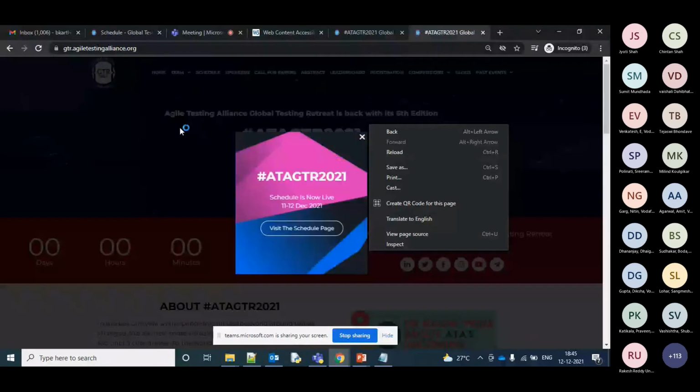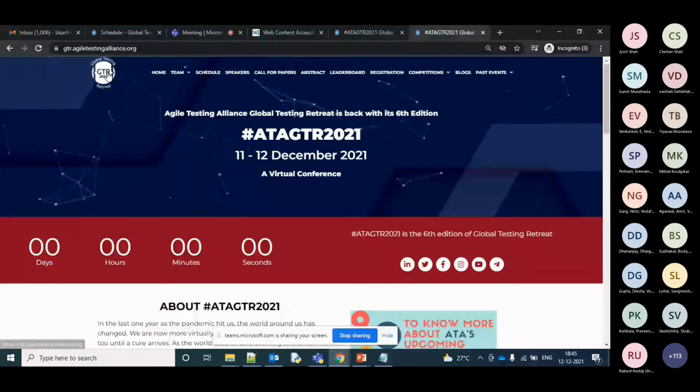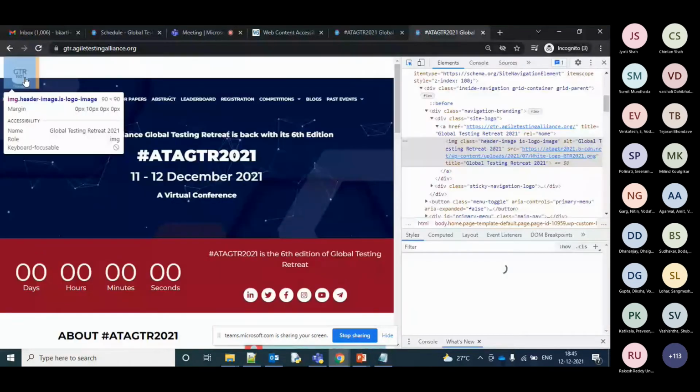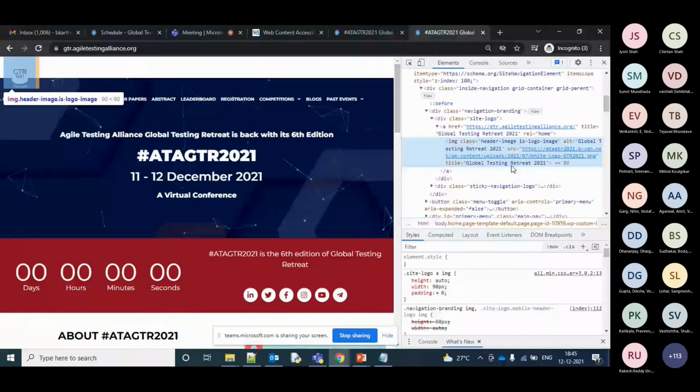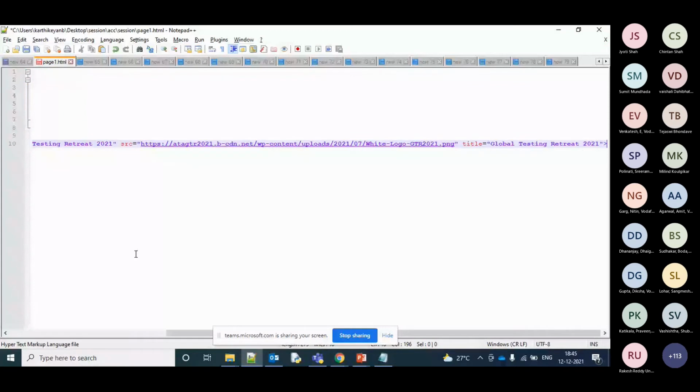I'll tell you how the alt text helps. This particular logo has an alt text. If you had seen it on the 2G version, you might have seen it has a title and an alt equal to something. Let me copy this element onto Notepad. So this image has an alt text.